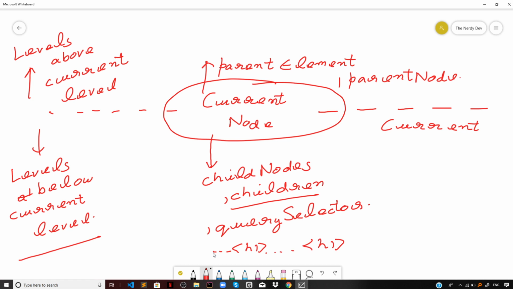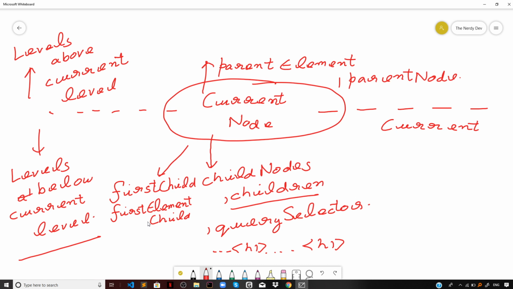Now there are some special properties you can use to get the first child. For example, firstChild will help you select the first child node. So we can make use of the property called firstChild. This selects the very first child node, and then we have firstElementChild, which is in camel case: first, then Element with E in uppercase, and then Child with C in uppercase. Now what is the difference between these two? firstElementChild selects the first element child of the given element, which is the current node here. So we are interested in the first element child